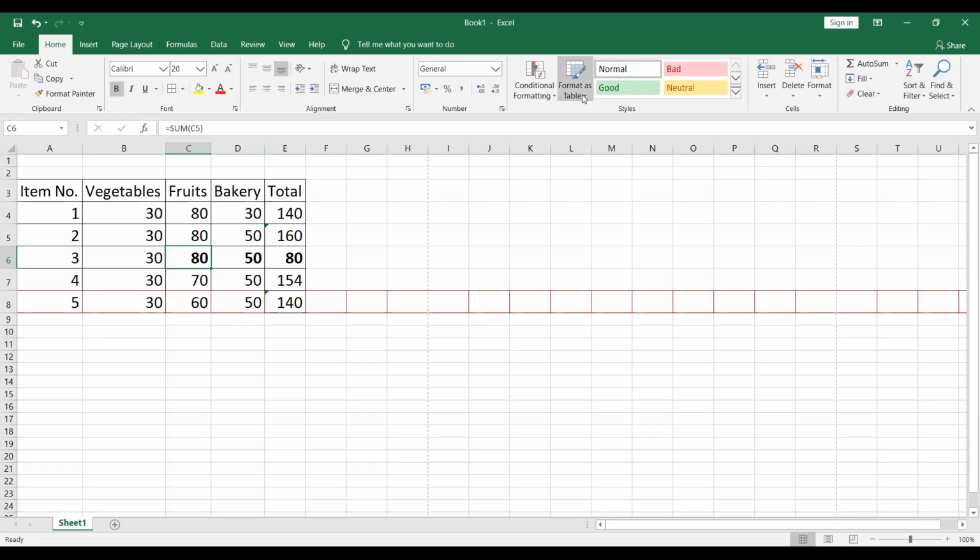Then format as a table, and now you can do all these things, you can change it. After selecting, you can just print it also. And if you don't have a colored printer, again it will come in black color only. Here we have the auto sum feature also, fill, clear, all these things are again here. Here we have find and select. So please explore all these options and then become excel in your computer applications.